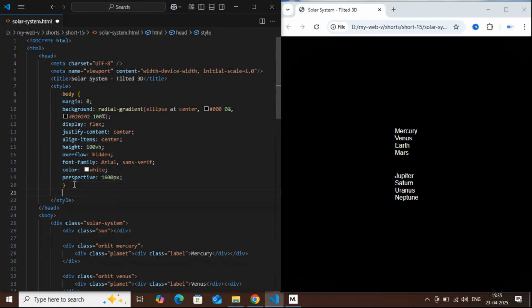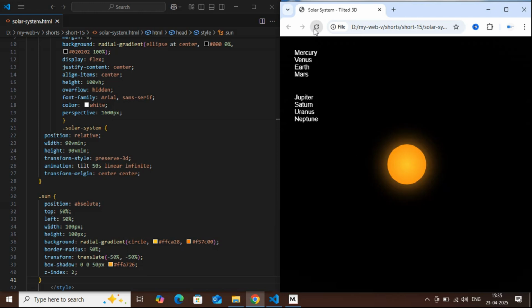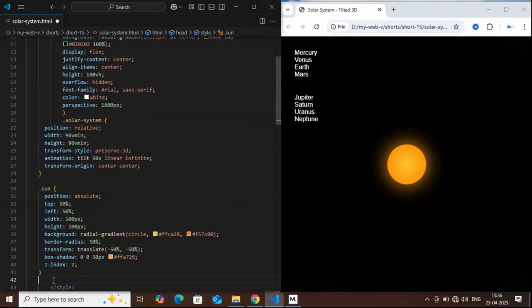Container for the solar system, positioned relatively with a responsive square size having width and height of 90 vmin, preserves 3D for children, and slowly spins with a tilt animation. Next, CSS properties to the sun. Sun positioned centrally, sized and colored with a glowing gradient, fully round with border radius, centered via transform, and glows